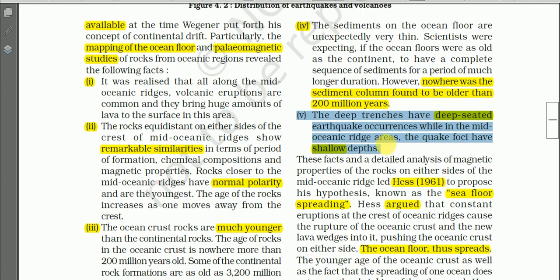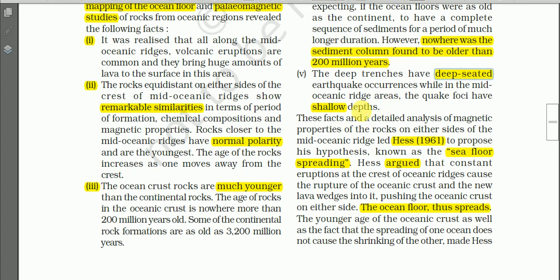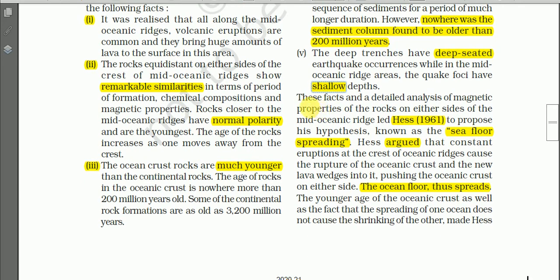Earthquakes at the deep trenches have deep-seated foci, whereas along the mid-oceanic ridges, earthquake foci have shallow depths. So these are the important facts collected from the mapping of the ocean floor and the paleomagnetic studies. With these facts,